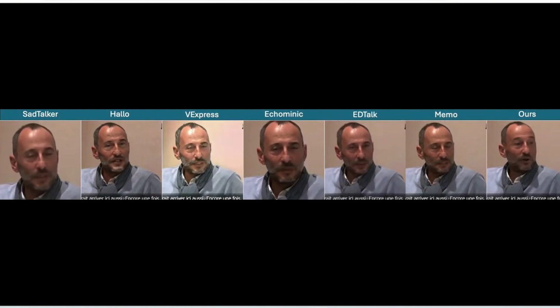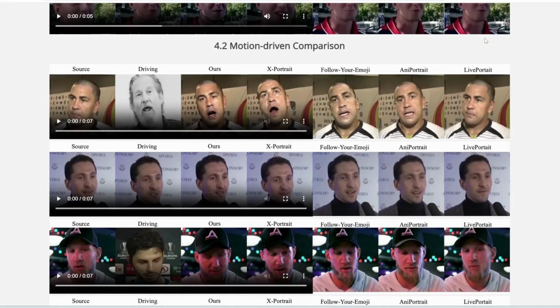Note that for this new one, the head and body also moves really naturally, so this overall just looks more realistic. Now, instead of comparing lip sync tools, if you compare this with face animation tools,